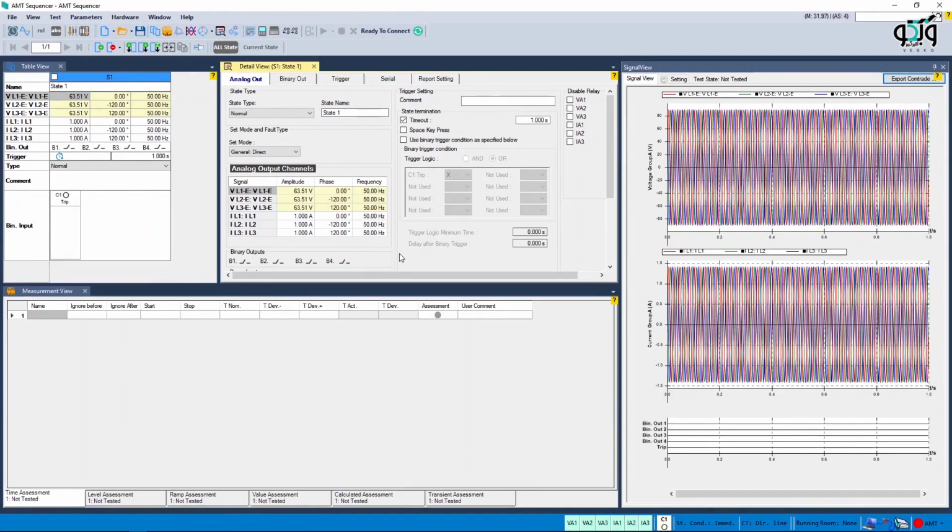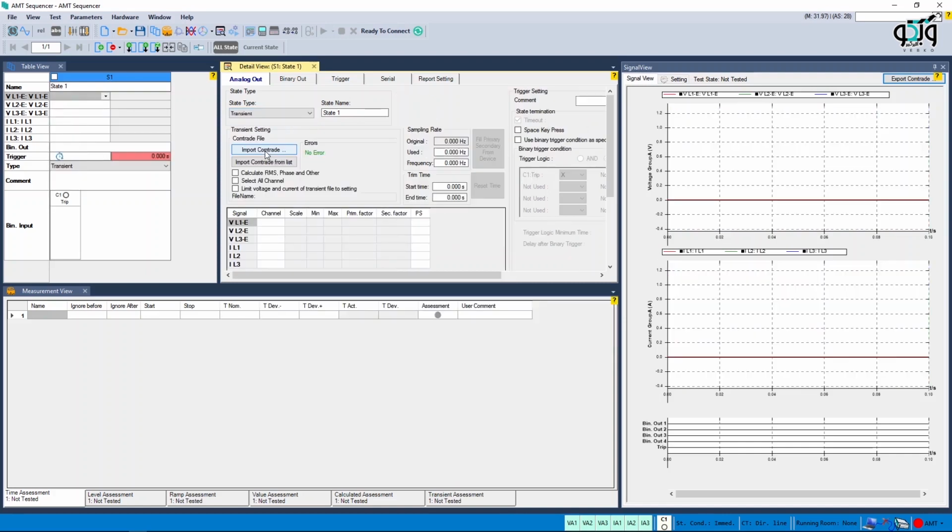Transient state observing the differential trajectory. As already said, one of the functions of the state type transient is to observe the impedance and differential trajectories of distance and differential relays. The root trajectory signifies the variation of differential or impedance characteristic curve in differential or distance relays based on the